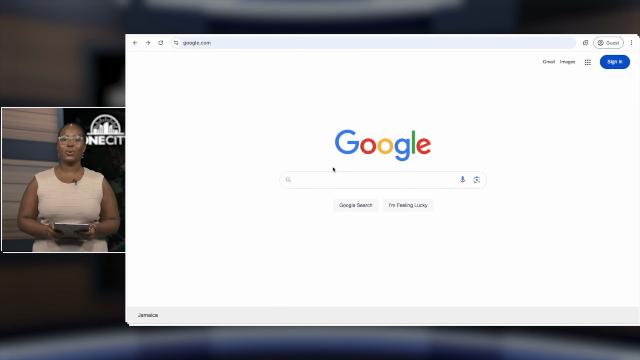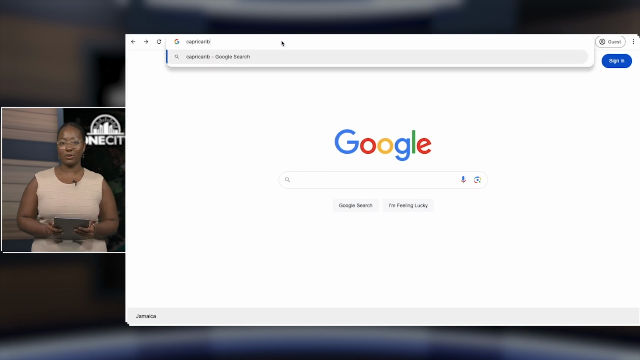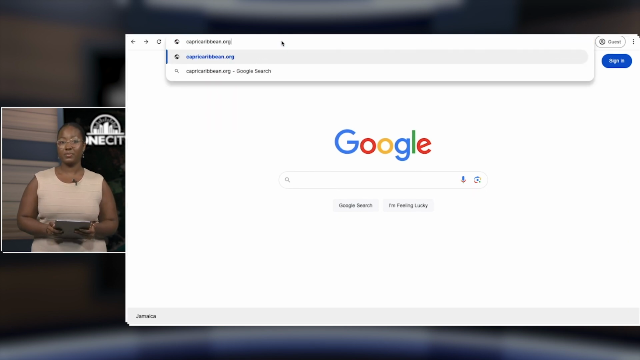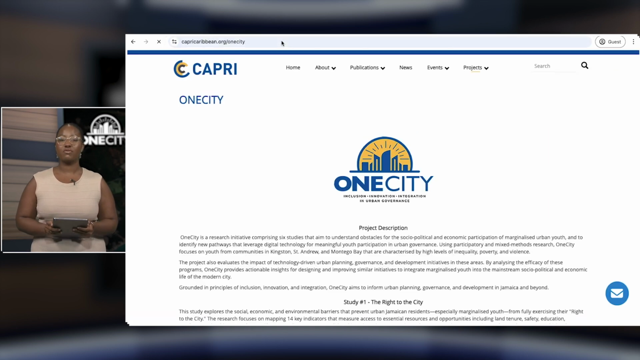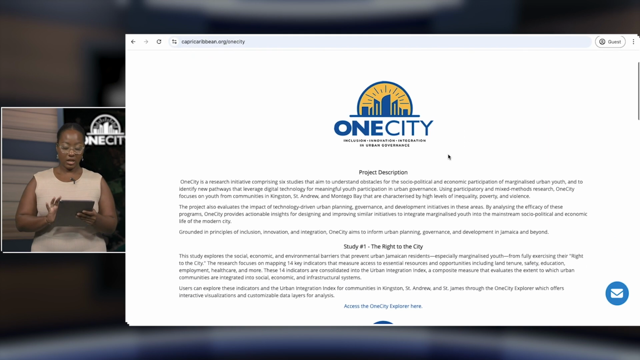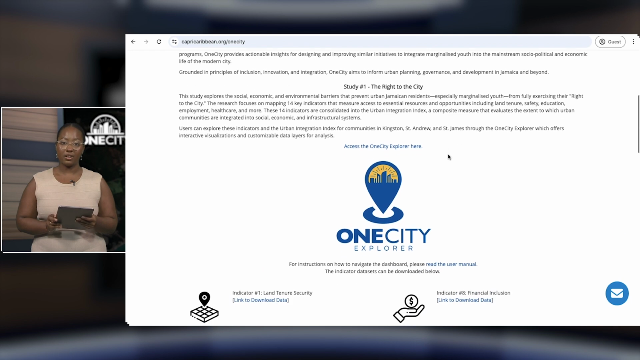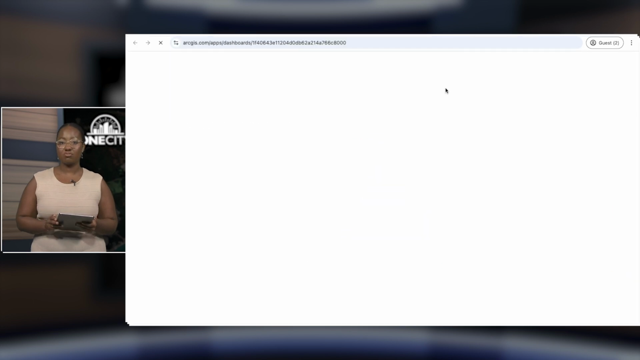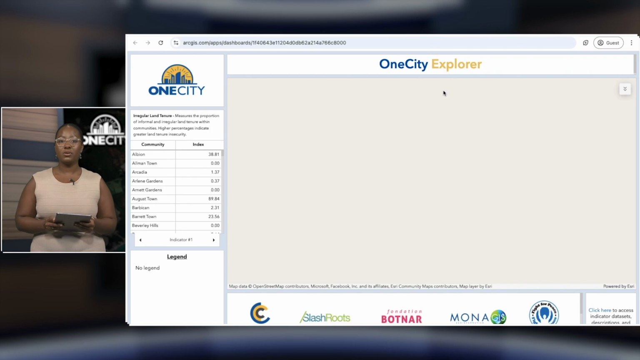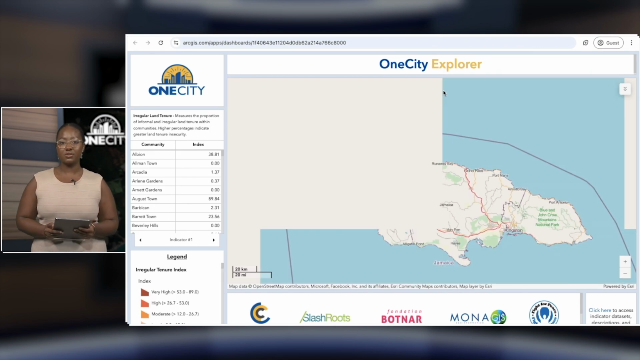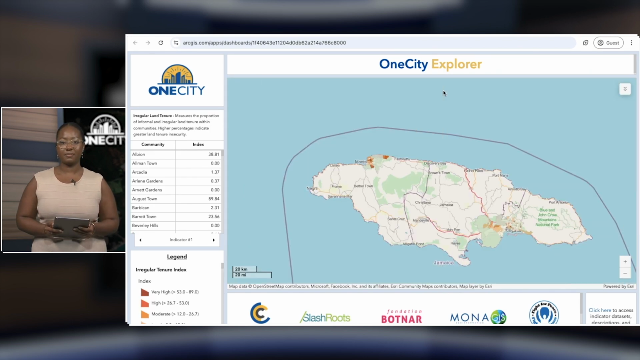Now I'll take you through how to access OneCity Explorer. Start by going to capricaribbean.org/OneCity. This brings you to the homepage for OneCity. Click on the OneCity Explorer icon, which will take you to the dashboard that was designed by the Mona Geoinformatics Institute, Mona GIS. Once the dashboard has loaded, you will see a map of Jamaica displaying the study areas of